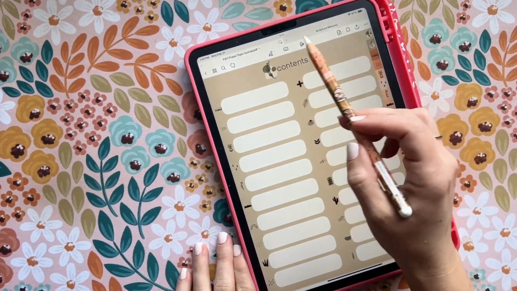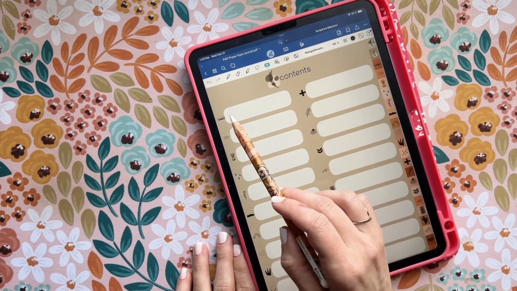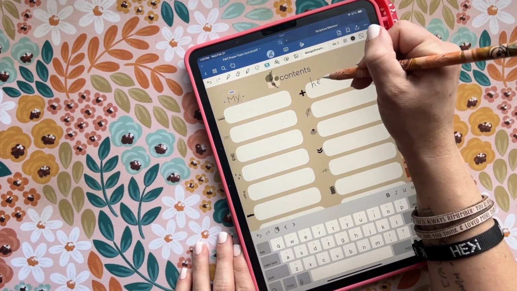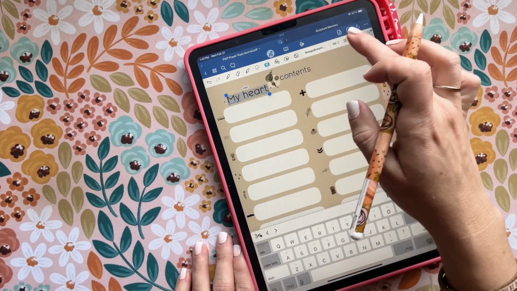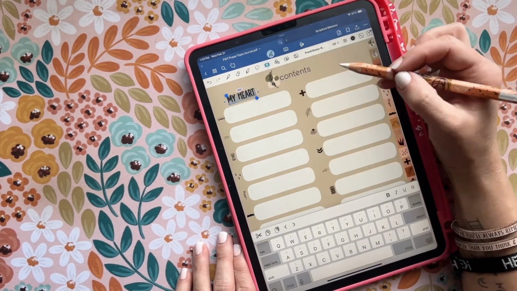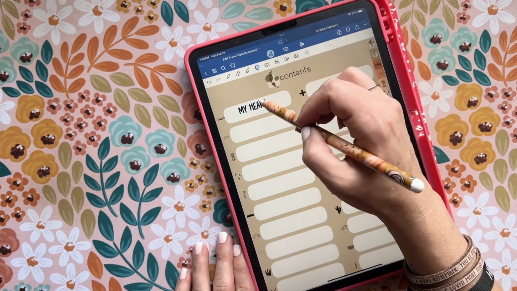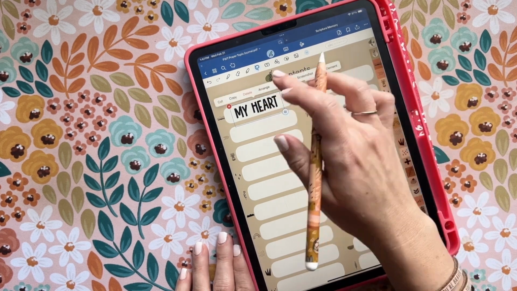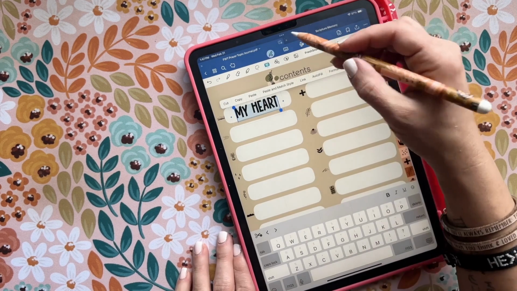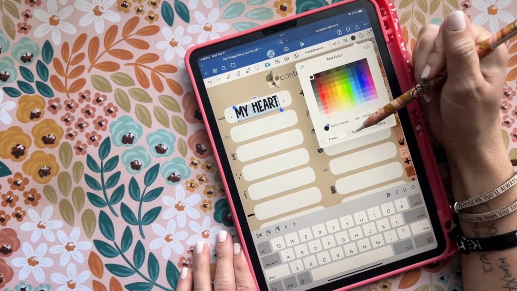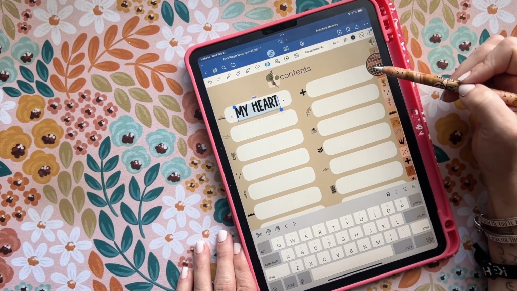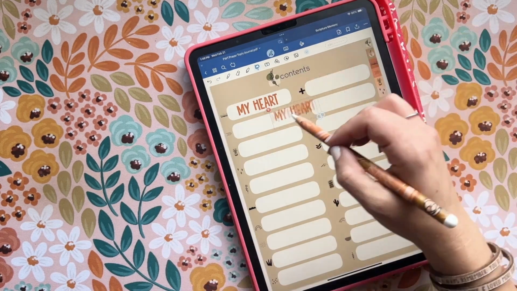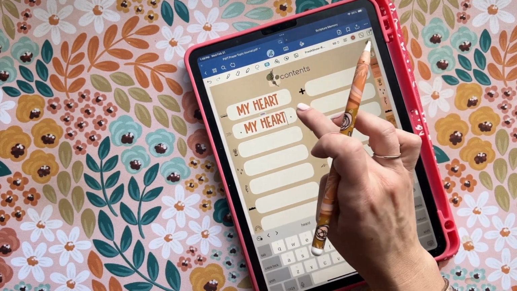So what I'm going to do first is I'm going to get my text and I'm going to do my heart. And I am going to use that fresh snow font because I kind of like it. So I'm going to do my heart right there. And I think I'm going to make it the color of that tab. So I'm going to come over here and grab that color. Okay. Then I'm going to copy it. So paste. And this one I'm going to do